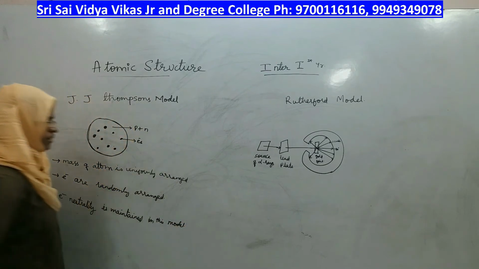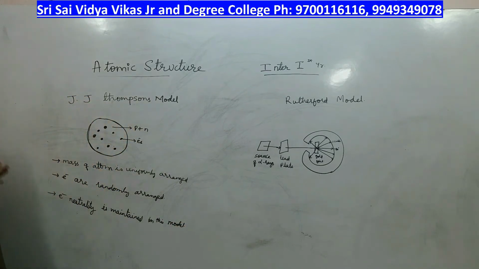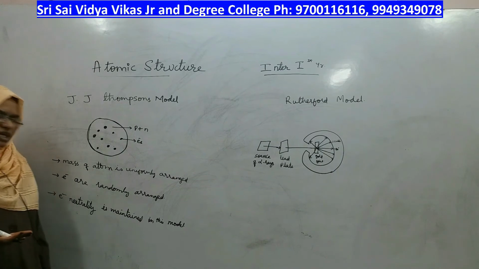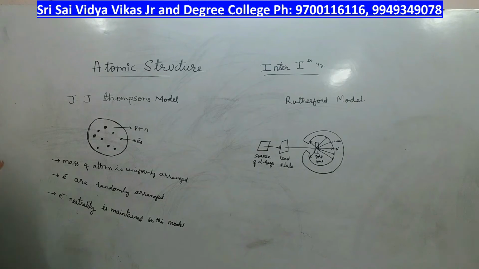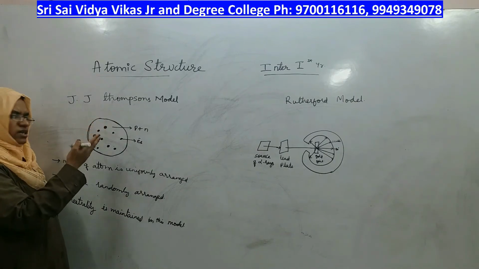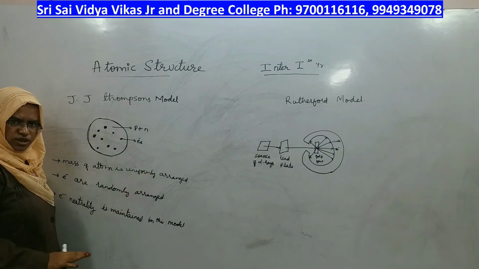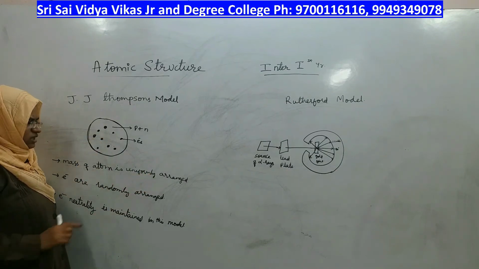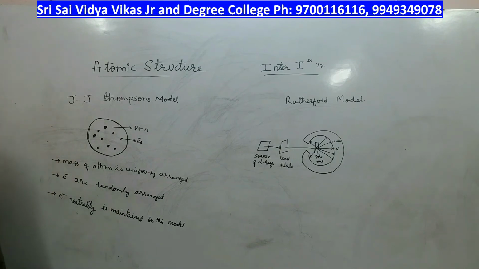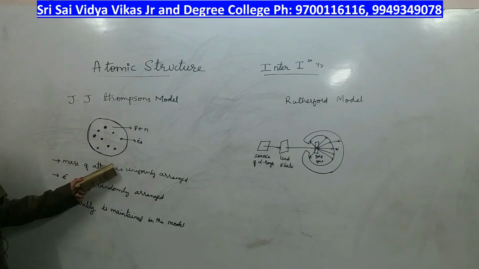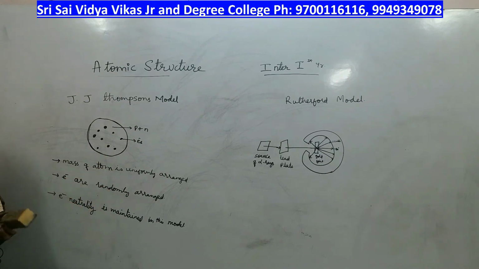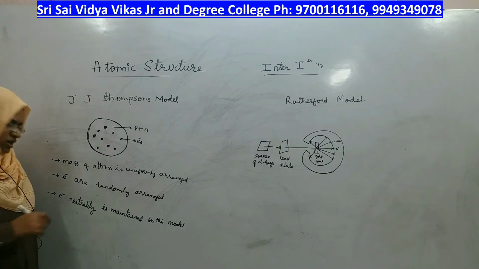But what is the drawback of J.J. Thomson's model? It is quite simple to understand. Just by looking at the diagram, you can imagine this to be an inside view of a watermelon in which the red matter is nothing but protons and neutrons which are uniformly arranged, and the black seeds which you can see inside the watermelon are nothing but electrons. So, positive charge and negative charge are balanced here, and therefore it is very easy to understand. But the drawback of this model is